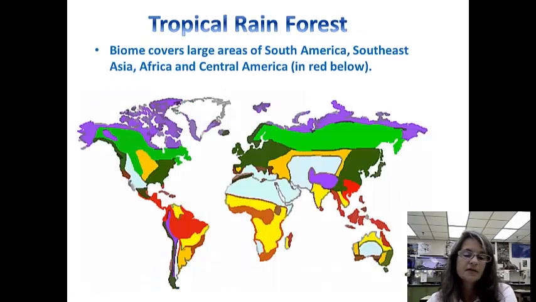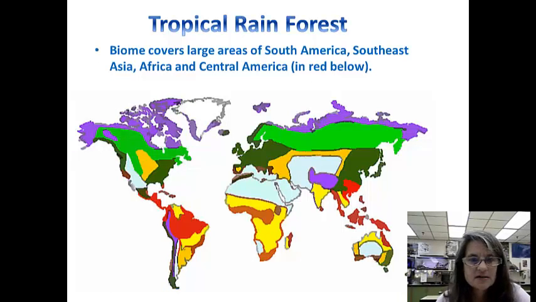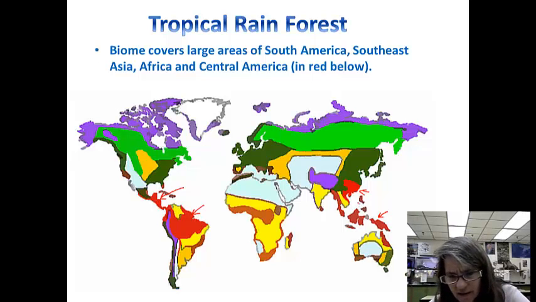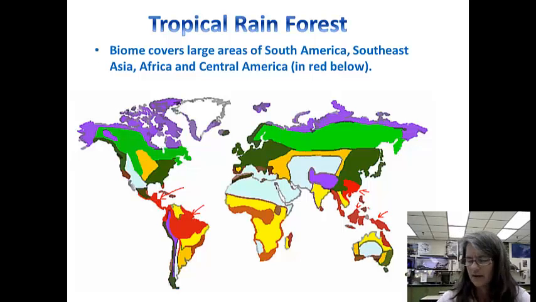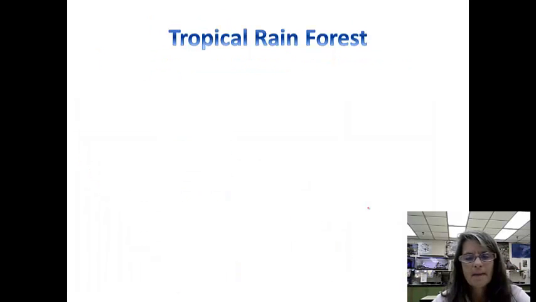Okay. Now, the first one we're going to do is the tropical rainforest, which is highlighted in the red areas here. So Central America, South America, of course, Indonesia over here, southern China, I guess that is. It looks like they're trying to color these red. I don't know why they look kind of different. All right. Now,